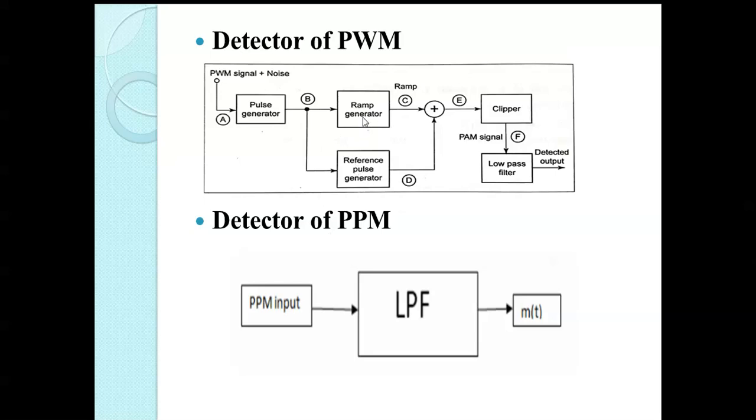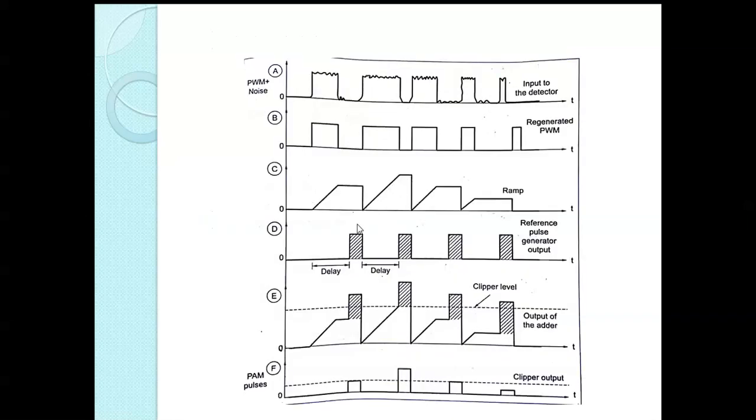Now this is the reference and the ramp signal is generated. So these two are added and given to the clipper. Here this and this get added. You can see the ramp, above that I'm having this pulse, and this also gets added above the position. So this gets added, and after the clipping, this particular pulse gets sustained here.